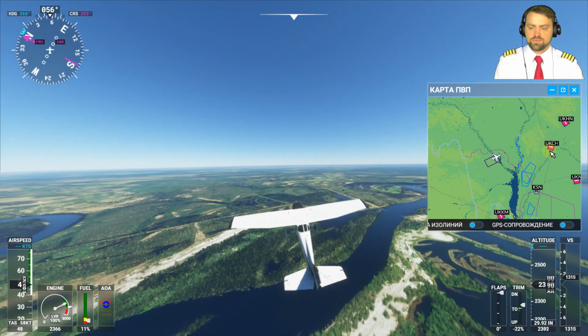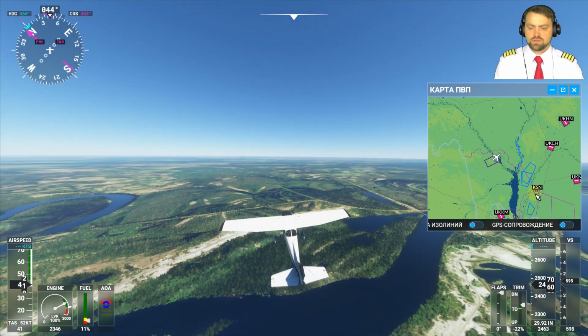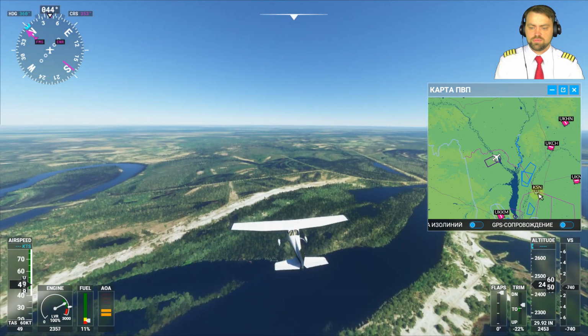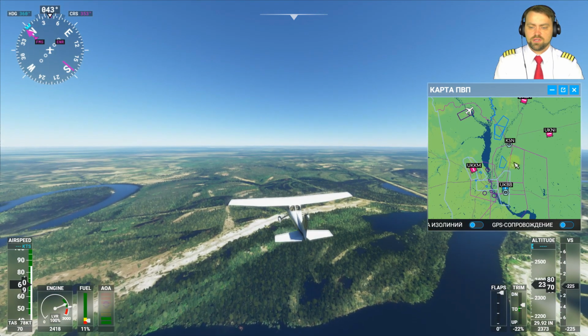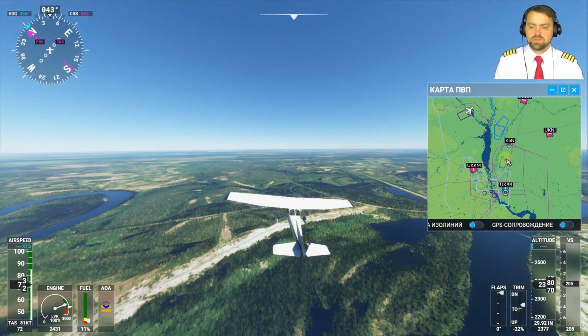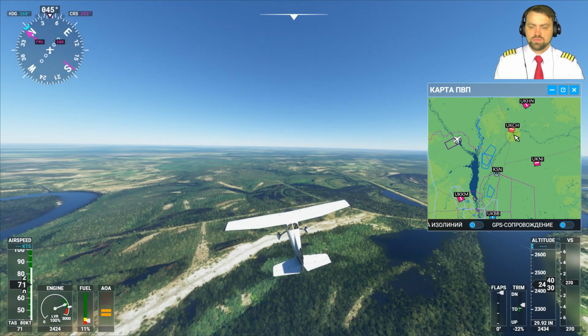What is closer? That, and I think it's just a navigation aid here. Maybe VOR/DME or something. I'm not sure about it. I know that there is some air club. So probably go to